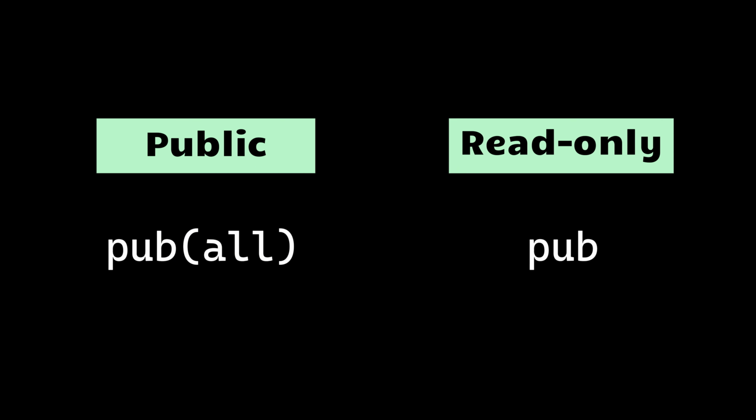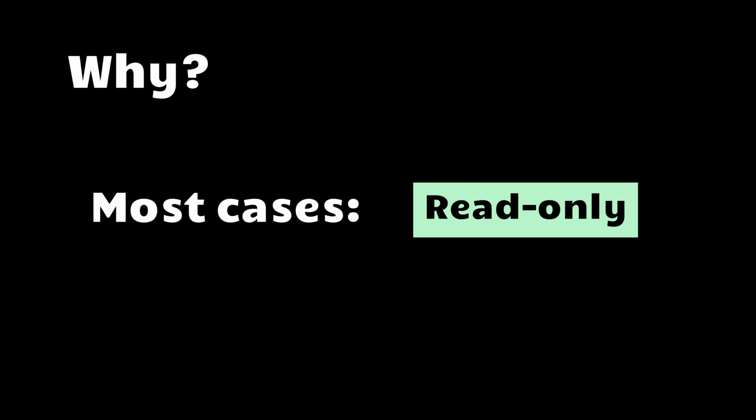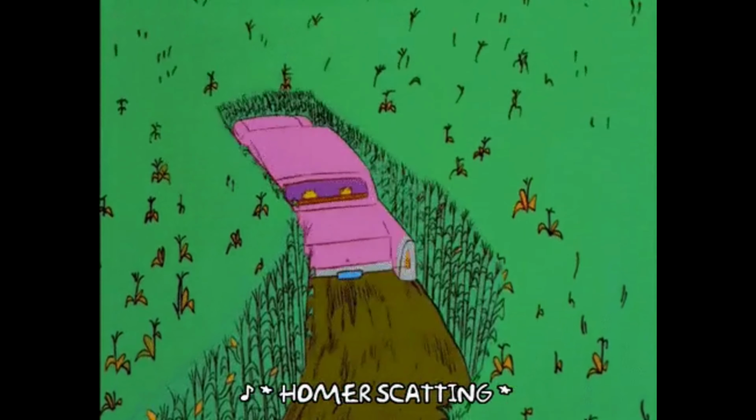Now, the default visibility of pub changed from being completely public to read-only. To declare a type as fully public, you now need to use pub all. For traits, fully public means that external packages can implement the trait. To achieve this, traits should be declared as pub open. Many types are naturally intended to be read-only, but developers might have defaulted to the shortest and easiest option pub for simplicity, unintentionally exposing too much.